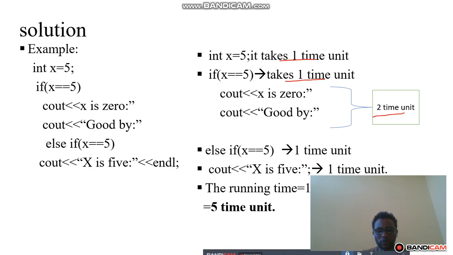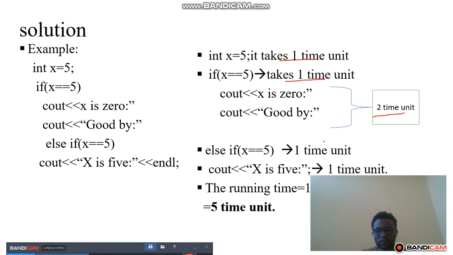ስለዚህ የዚህ 2 time unit ይሆናል የዚህም አንድ time unit የዚህ አንድ time unit ይሆናል የዚህም አንድ time unit ይሆናል። ስለዚህ its running time is 1 assignment operator plus this one plus maximum of 2 of 1። የዚህ 2 አለን የዚህ ደግሞ አንድ አለን ስለዚህ ማክሲማሙን እንወስዳለን ፕላስ 1 ይሆናል። ስለዚህ ቶታሊ ስንት ይሆናል ማለት ነው? 1 plus 1 is 2, plus 2 is 4, plus 1 is equal to 5 time unit ይሆናል ማለት ነው። Its running time is 5 time unit ይሆናል ማለት ነው።